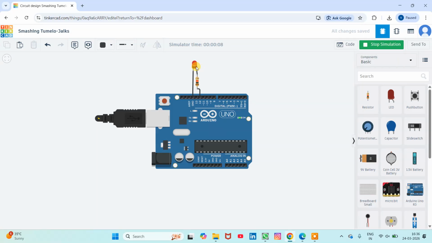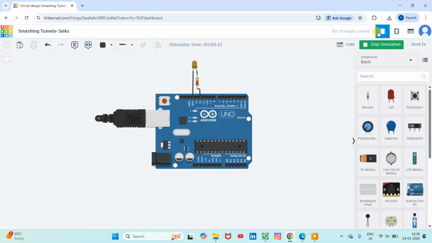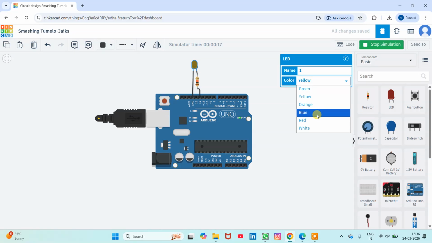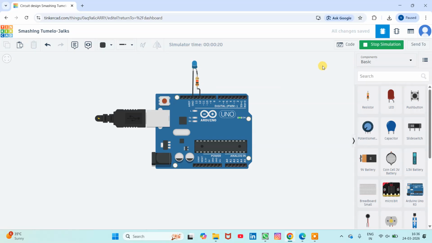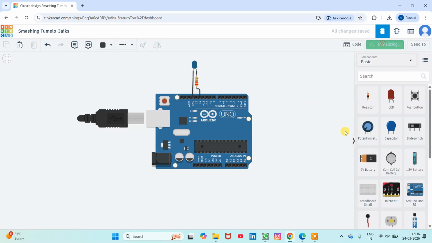Now you can change the color of the LED if you want. You can change it to yellow, and it will work the same. If you change the color to green, blue, then you can see here we can change the color of the LED. Now if I change the value of this resistor to some ohms, let's suppose I'm taking 220 ohms, here the intensity will increase. This is how we'll run the code for blinking LED, as simple as that.